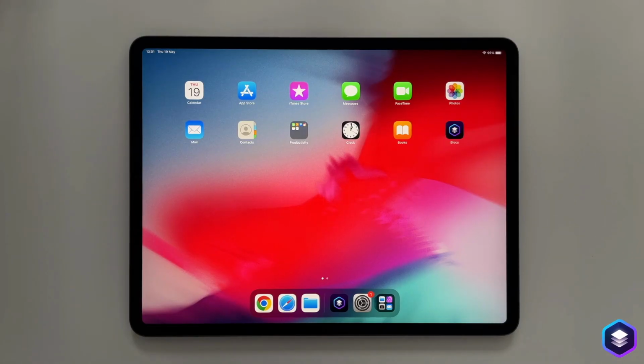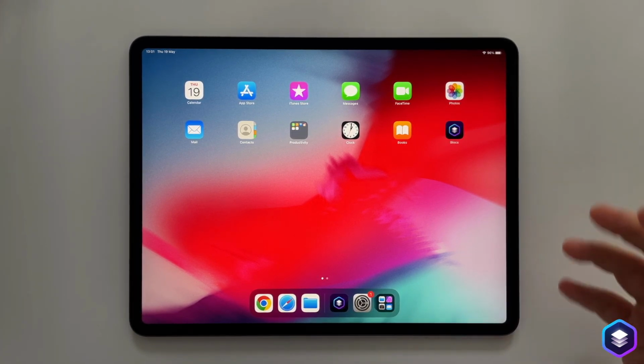So, we'll get straight down to it. We will demonstrate Blocks on the iPad. So, this is what it's all about. The iPad. The way this demonstration is going to work is we'll assume that you already have a basic understanding of how Blocks works.